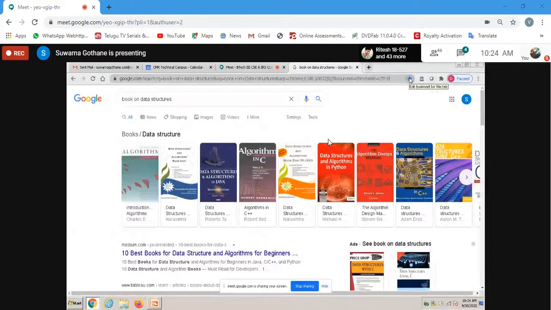Like suppose you are reading some books, biographies, a magazine, or fiction, there also normally we add a bookmark. If we like some very good point, we mark it.